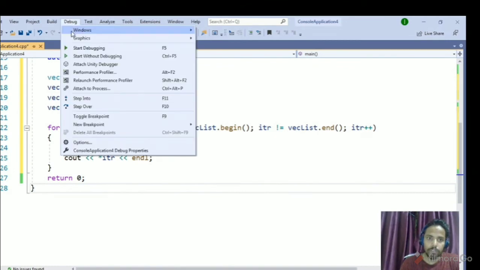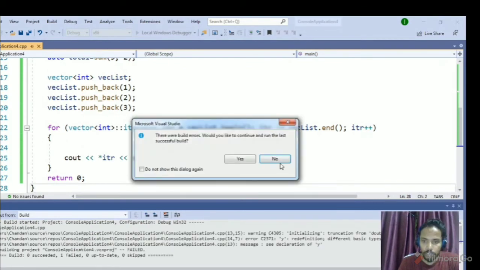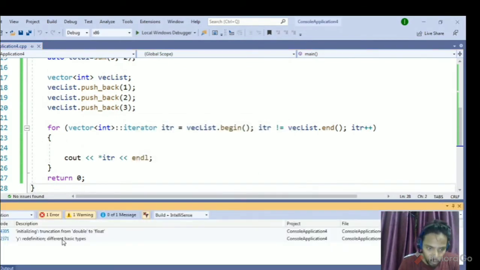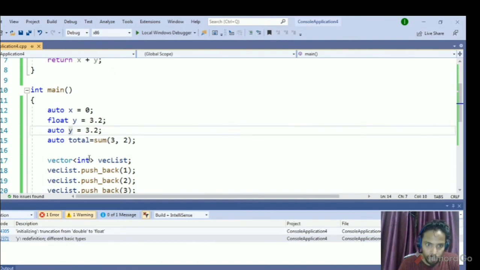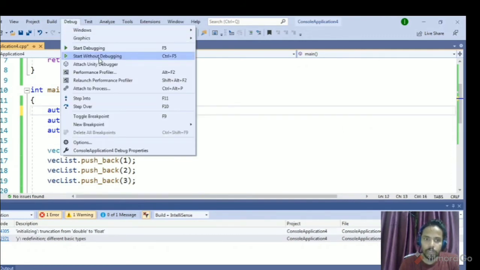So if we compile this, we should see 1, 2 and 3, and now we have some error. So let's see what error we have. So we have an error with this auto because we have already created a float here. So compile it now, it should work.